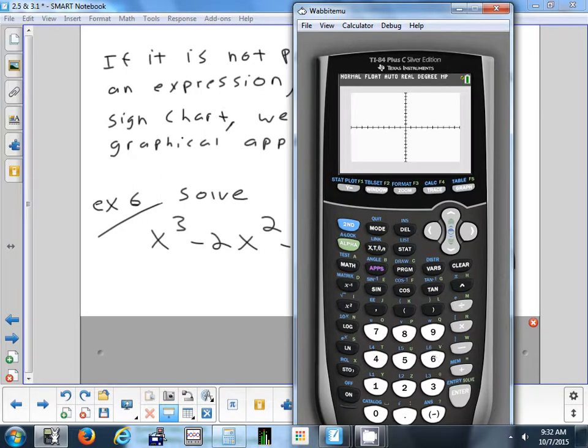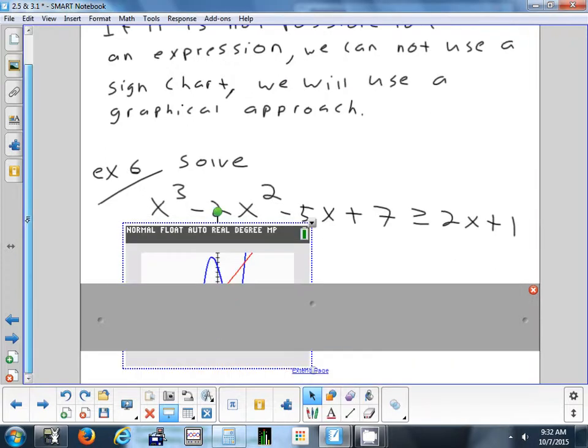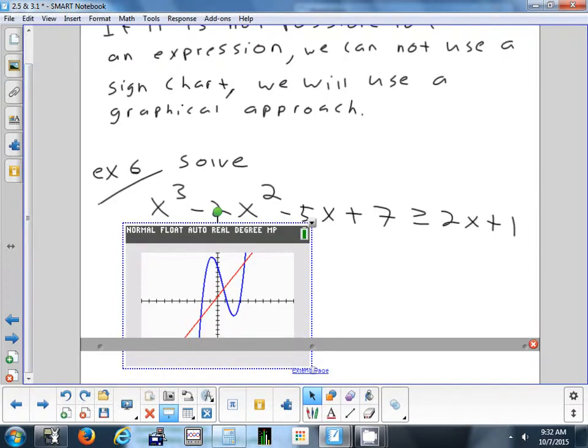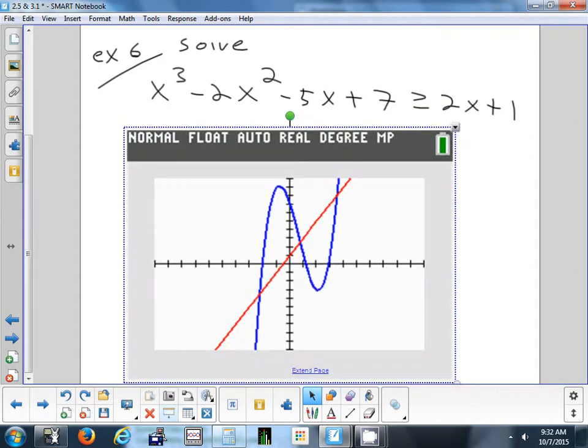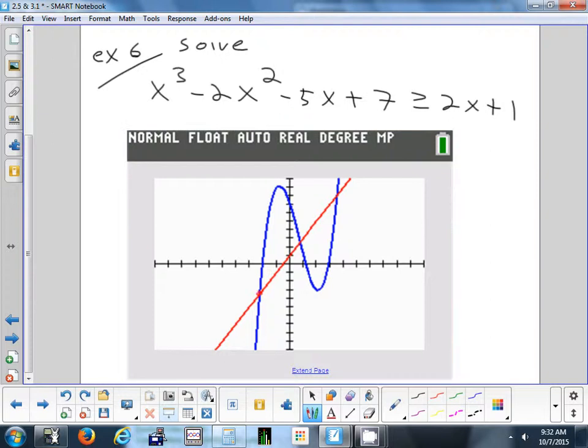Okay, so where is the blue above the red? There's the blue. There's the red. Let's take a look at that. Okay, where is the blue above the red? Well, I've got some intersections. I'm going to have to find all of these. Okay, the blue is above the red